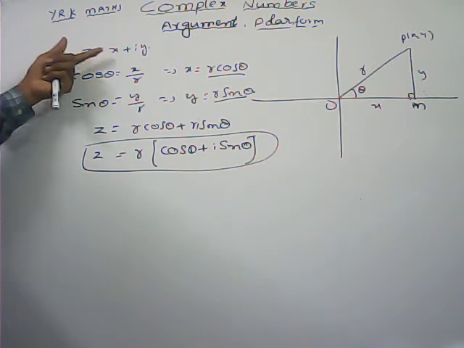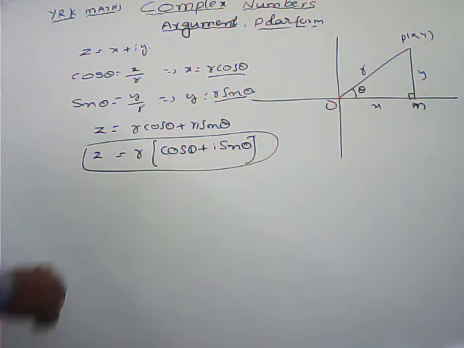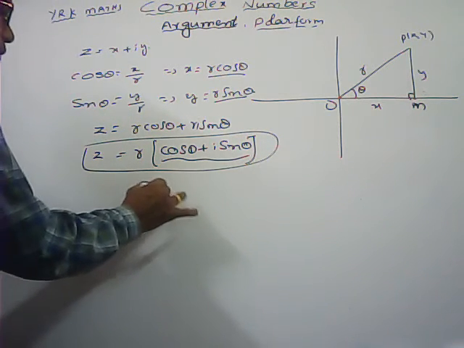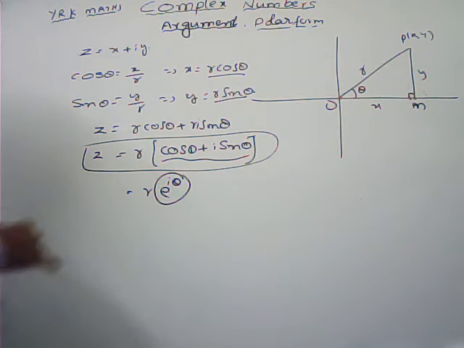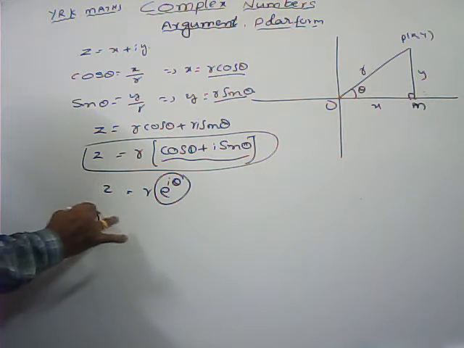These two are the polar coordinates, and this is the polar form. This one we call the Cartesian form. Here cos theta plus i sin theta is Euler's notation, the Euler form, e power i theta. So if any complex number is given, we can convert it into polar form or Euler form. Now I am going to state three properties.